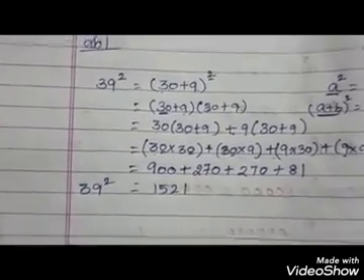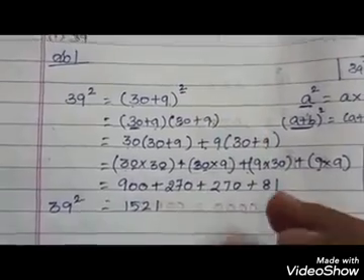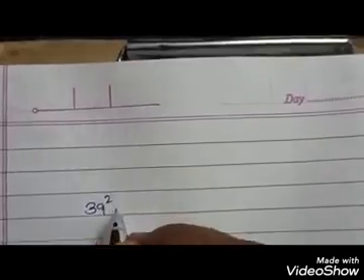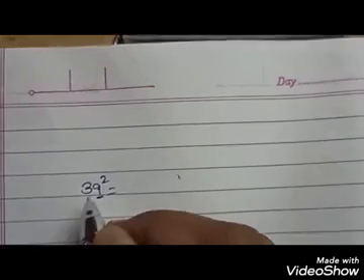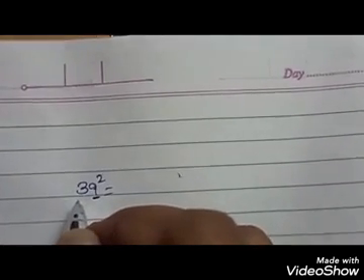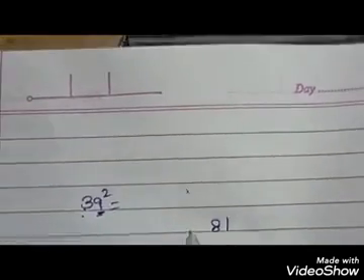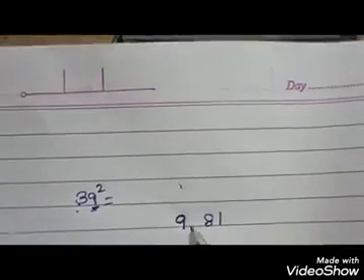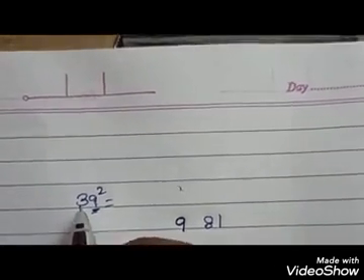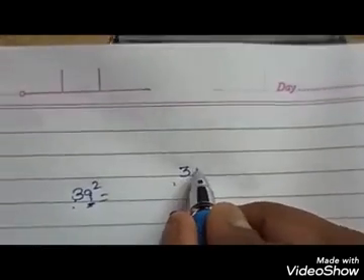So instead of this, in the splitting method, the shortcut way I told, if you attend any competitive examination, so 39 square, you just take the ones digit and the remaining digits, whatever it is, 2 digit number or 3 digit number, first you take the ones digit. So 9 square means what is the value? 9 9s are 81, and you need to square the first one. So 3 3s are 9.